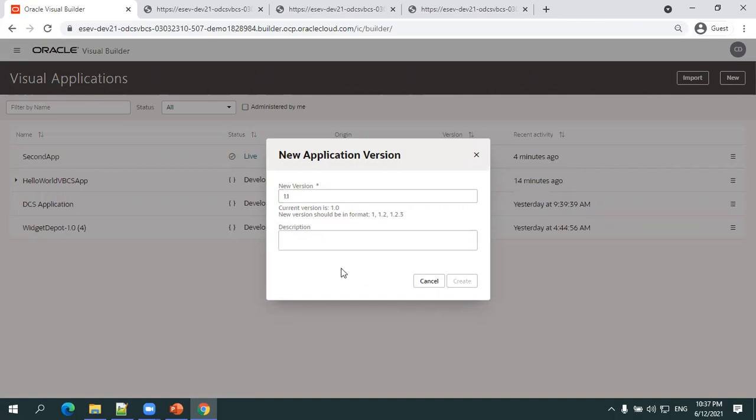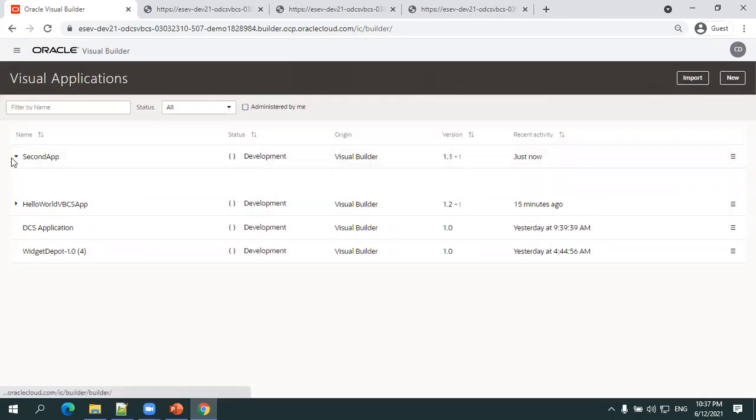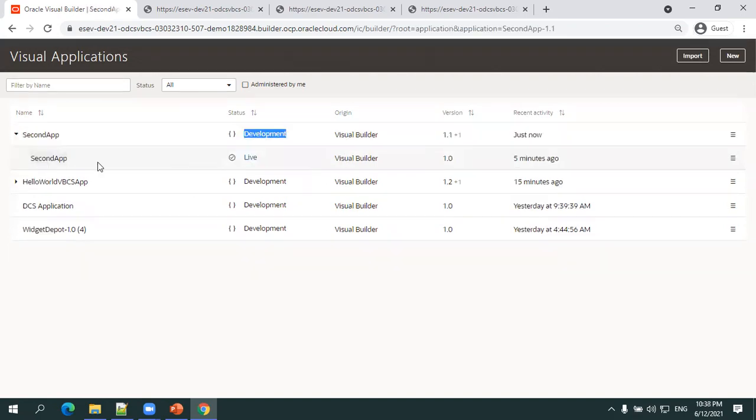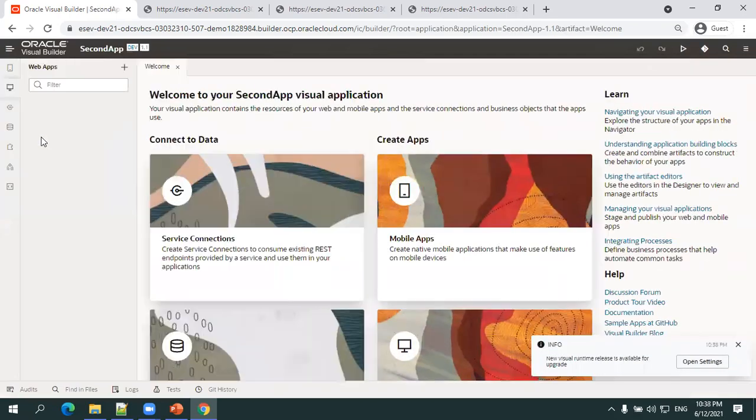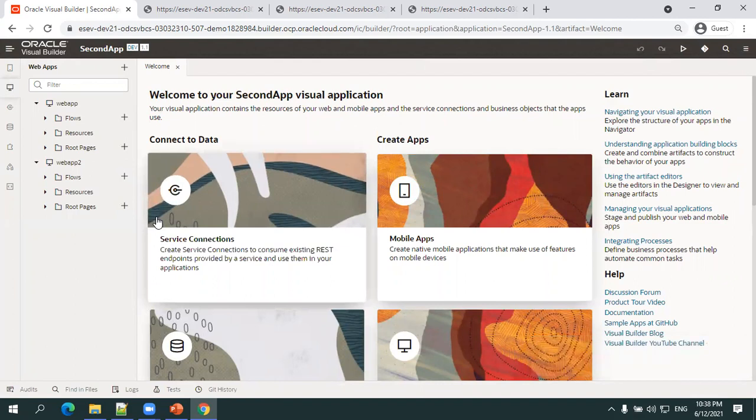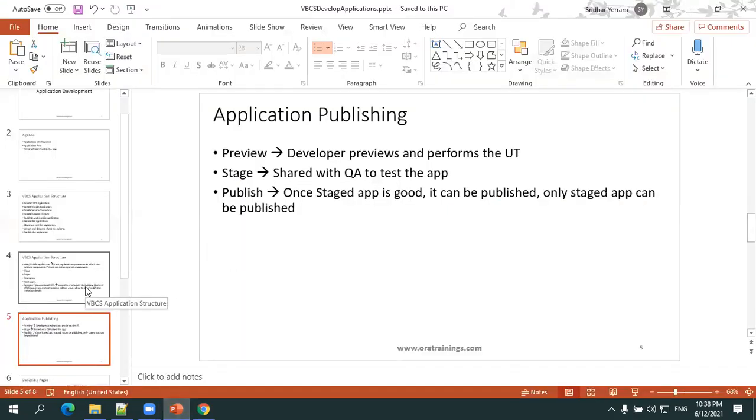Now what will happen is, it will copy the existing code and create a version. So 1.0 is frozen, you cannot do anything there, but you have to work on 1.1. If everything is okay, you publish that, and again you can share the URL with the respective teams. That's how this works. Can you see now it shows dev 1.1. Now we are in the 1.1 version, and it is the development version. So this is all about this set of three things: preview, stage, and publish.